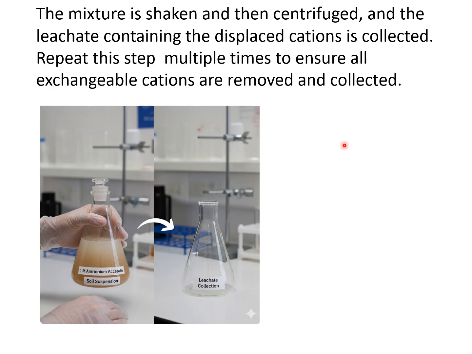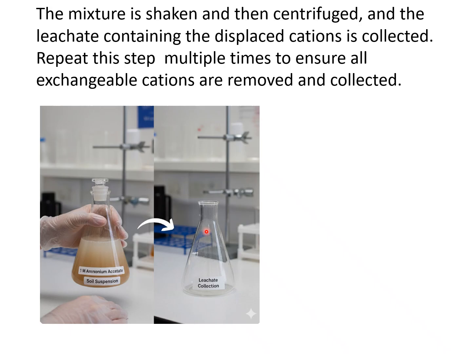The mixture is then shaken, centrifuged, and the leachate present in that solution is displaced, and the cation is collected. Repeat this step multiple times to ensure all exchangeable cations are removed and collected in the leachate. So here you can see the 24-hour saturated 1 molar ammonium acetate soil suspension is centrifuged and the filtrate is